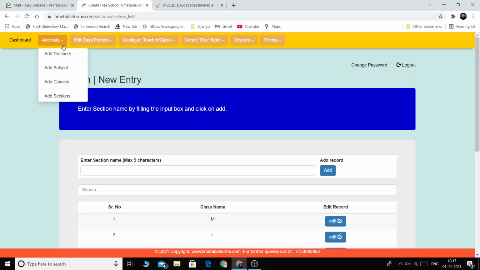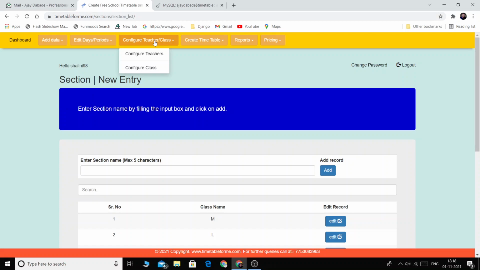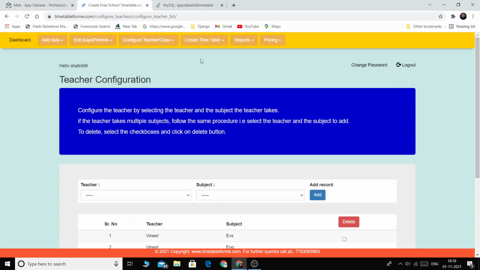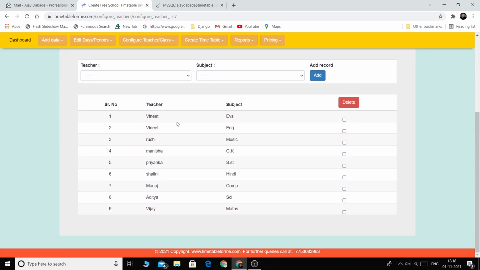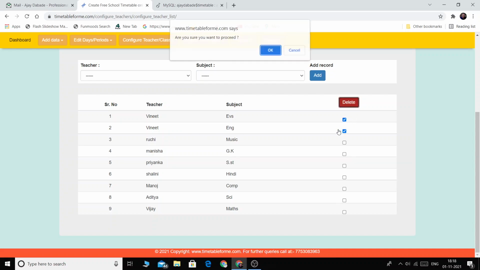After this, a very important step is configure teacher slash class. So first you need to configure the teacher, and then you need to configure the class. So first we will configure the teacher. Configuring the teacher means simply which teacher takes which subjects. That is what configuring teacher means. So basically you can see that Vinith has EVS and English, so I'll just delete this,